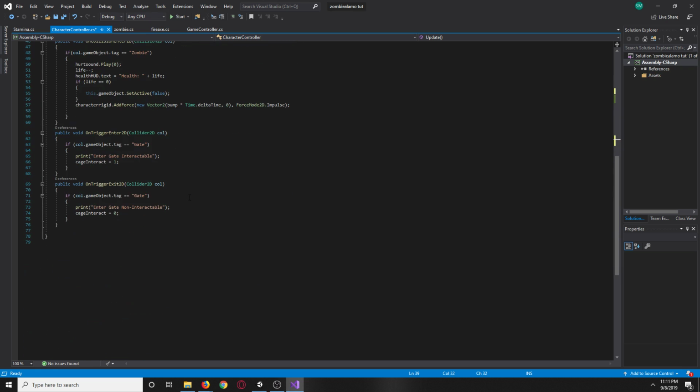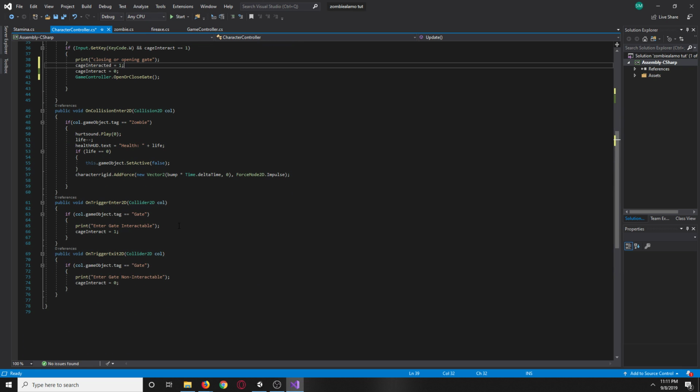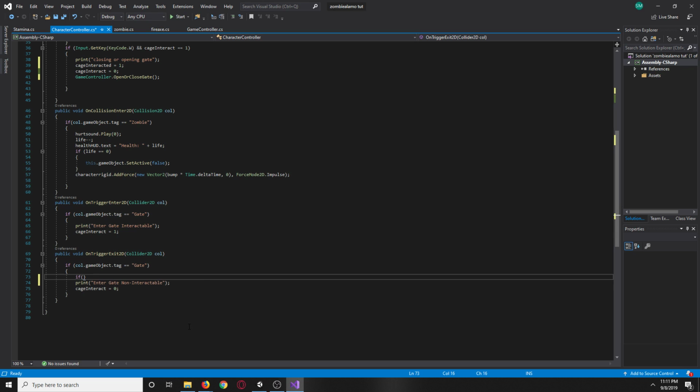So now basically what I want to look is to make sure that when he exits, under exit, if cage equals 1,